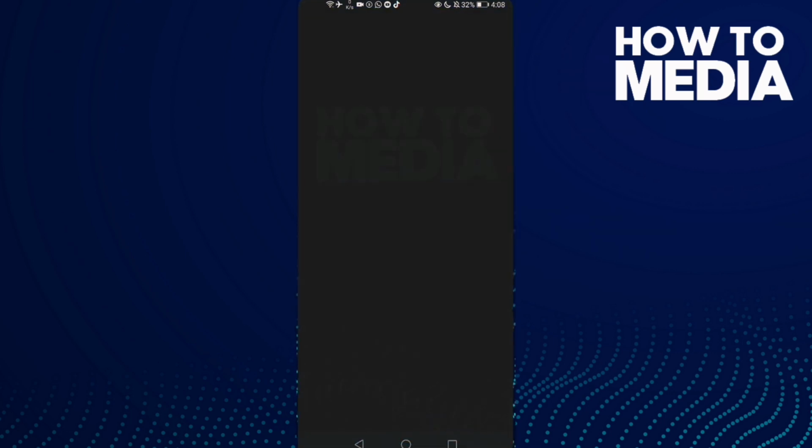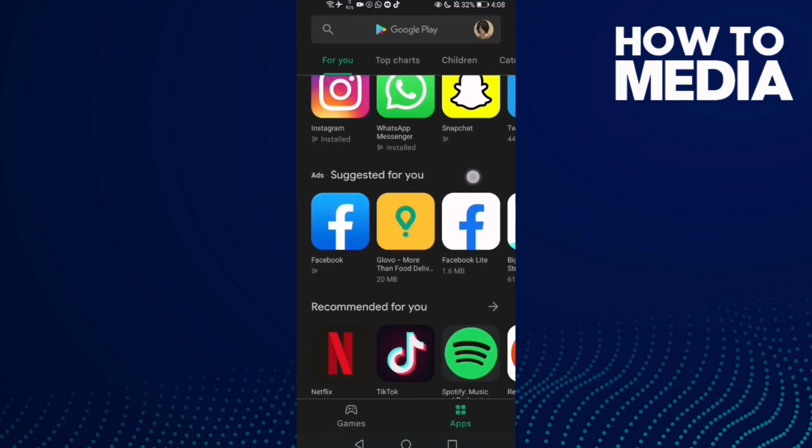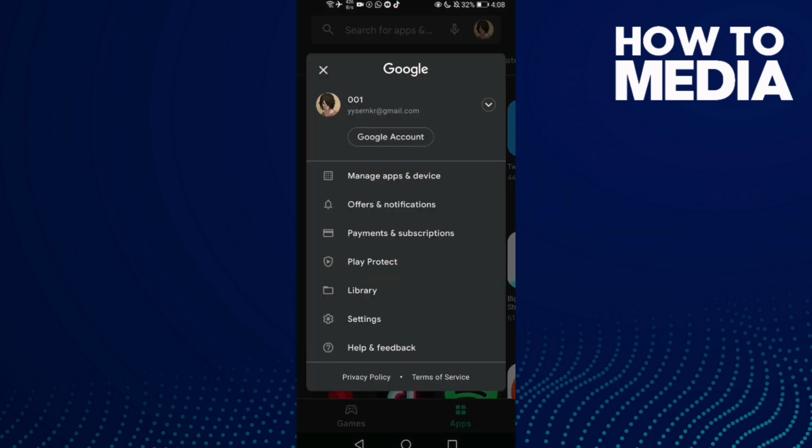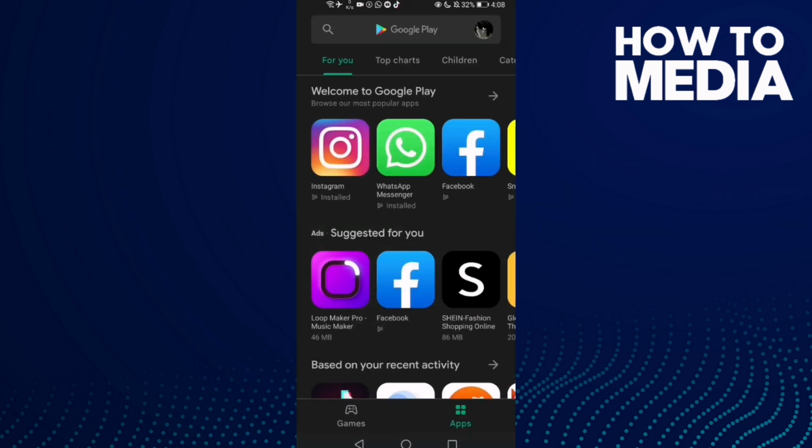First go to Play Store, and now all you need to do is just click here and then click here and select any account you want,